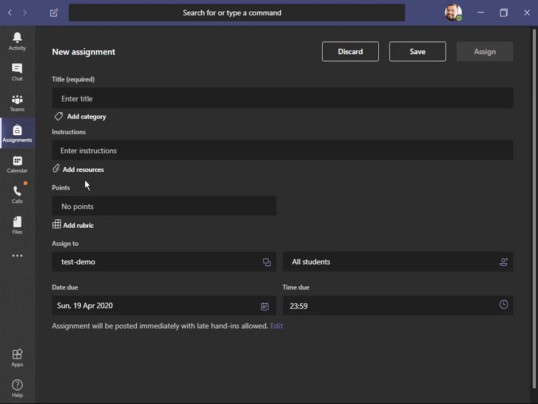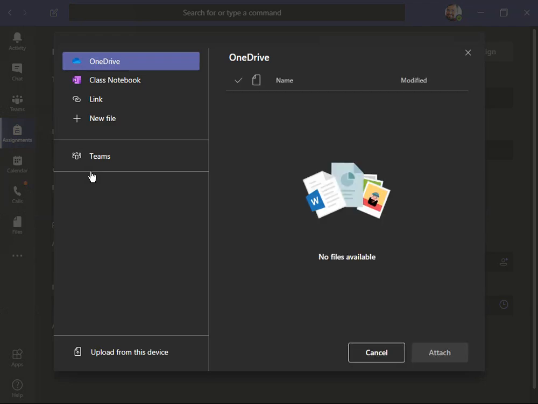When you say create assignment, you're going to get the new assignment tab. In this tab, it's mostly self-explanatory. You give a title, then you post the instructions that you want. It gives you the option of adding resources here. This option is very useful because if you have created a set of questions in some other file, maybe a Word file or a PDF, or you want to post questions from some other link, you can do that here. You can add a file, upload it, or give a link to some other file that you kept somewhere else. Or if you added your files to the OneDrive associated with the login, you can bring it in from there also.